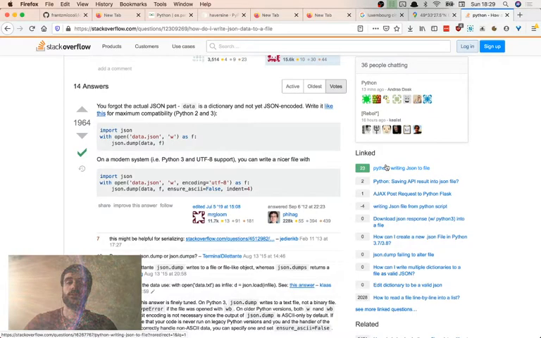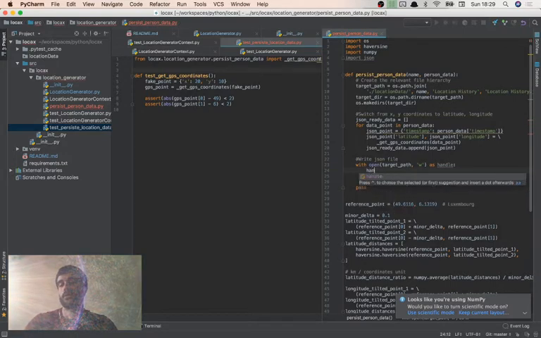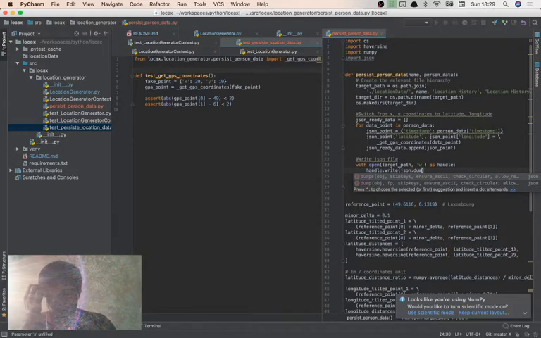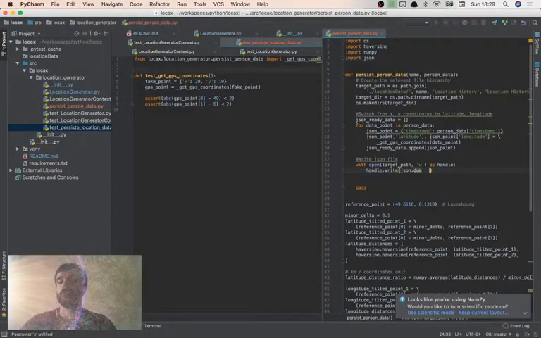Okay, so with open as handle, handle dot write, and then there is something JSON dot, I think it's dump. Just dump, okay, JSON dump